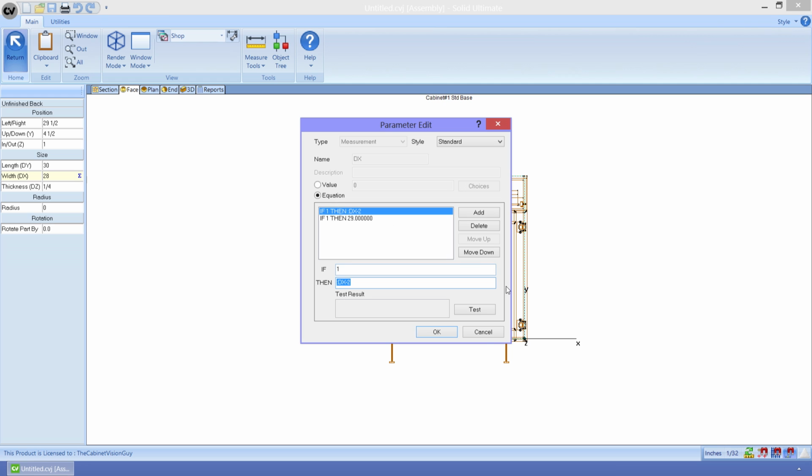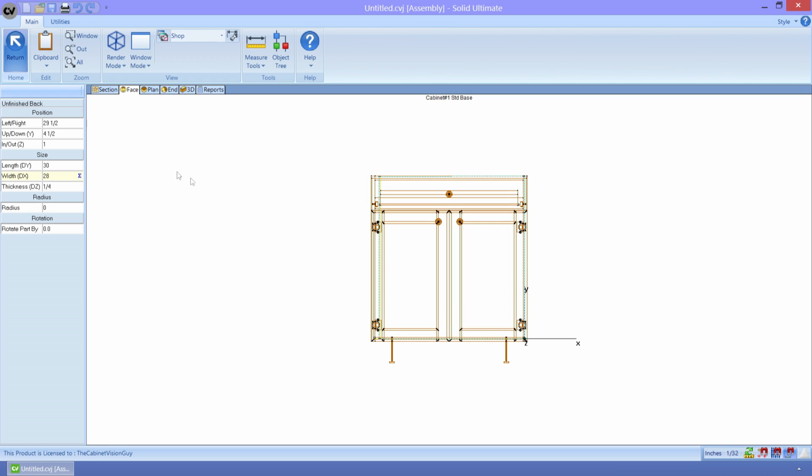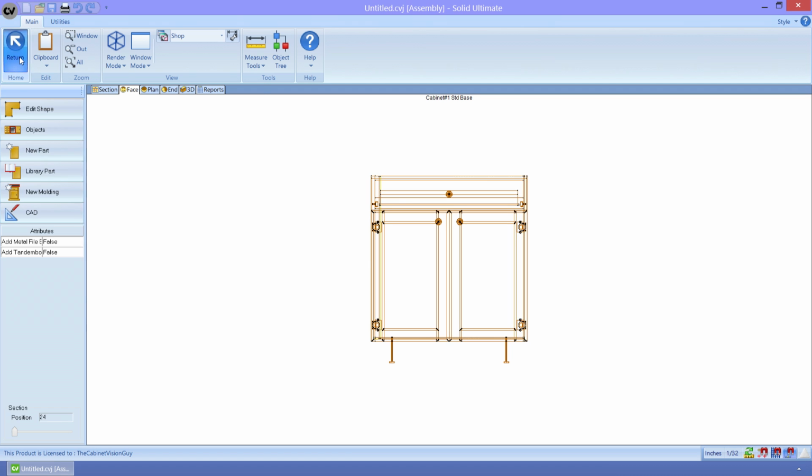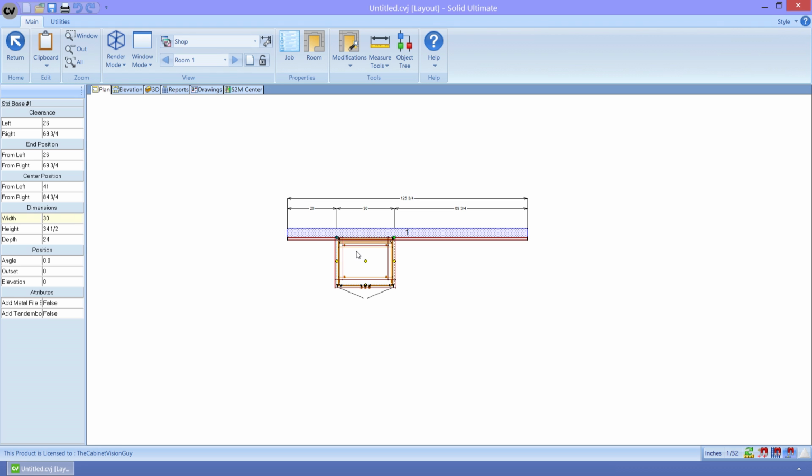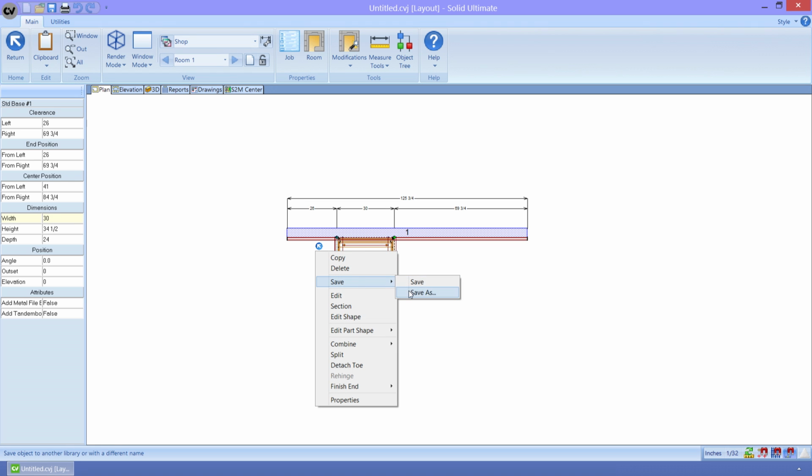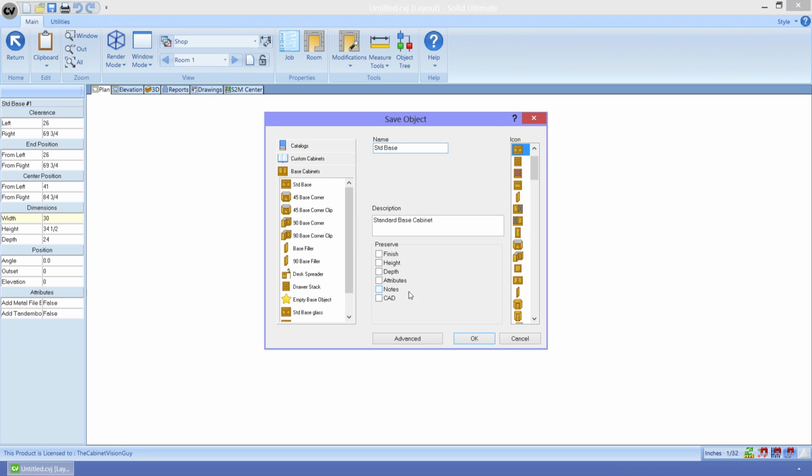Now let's say that we have this cabinet all done up the way we want and we want to save it to our library. This would allow me to show you the next feature. So let me get to the plan view and save this cabinet. And here it is. If you don't see it, it's right here. As we set finish overrides on this cabinet, we can now preserve those changes as well as all the ones we had before, like height, depth,